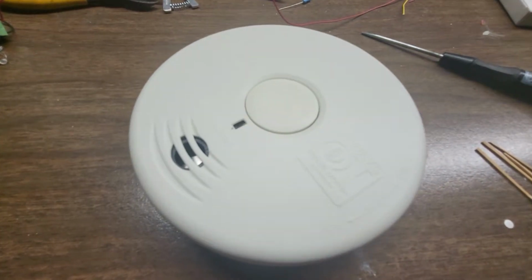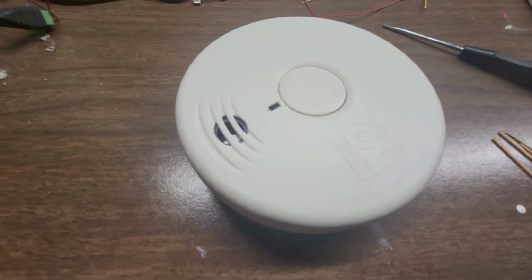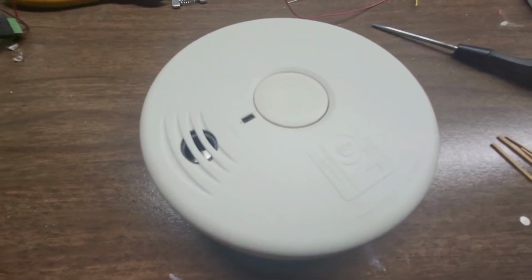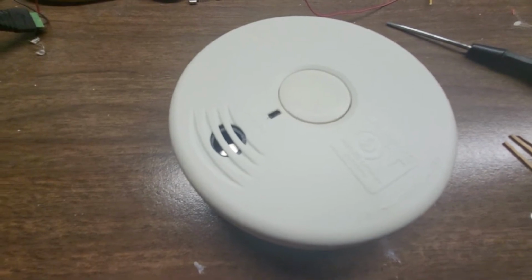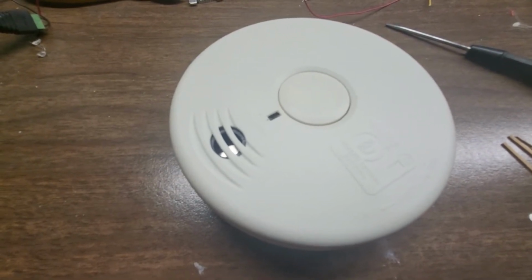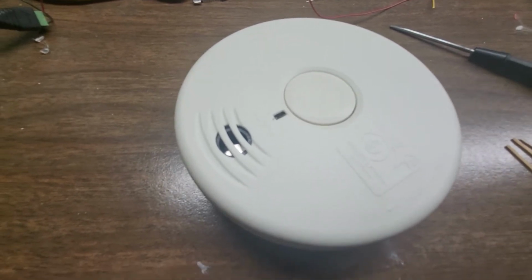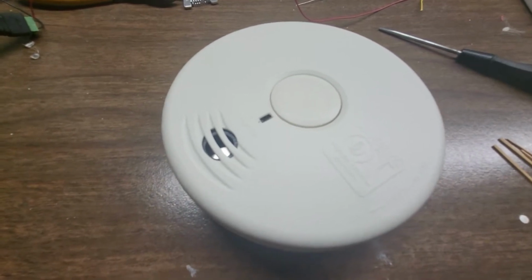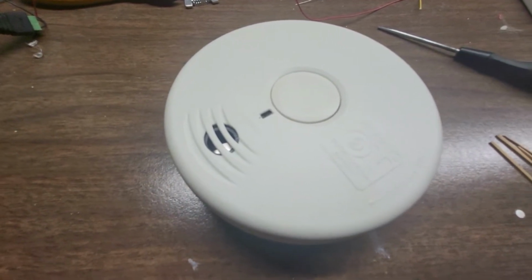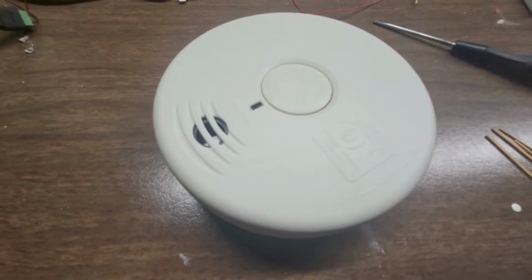All right, this is a video on how to take the battery out of a P3010L smoke detector, if you have to, or if you want to. These are not supposed to be taken apart. Okay, so remember what I'm saying. These are not designed to be taken apart, and the battery inside